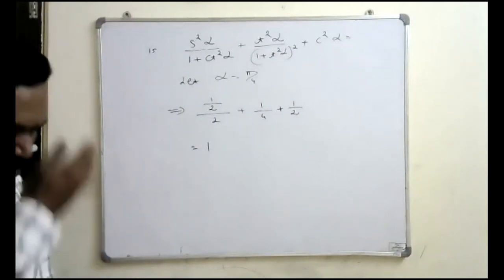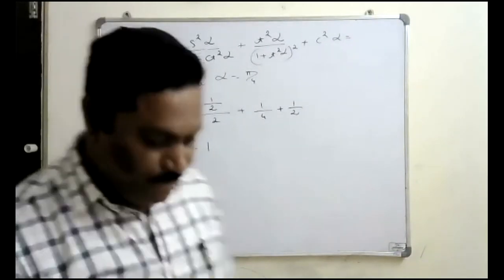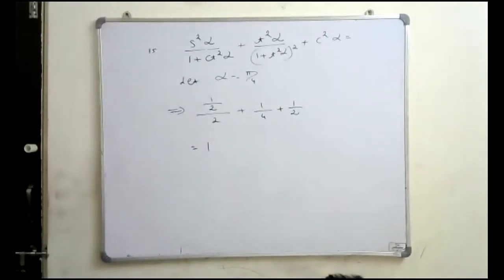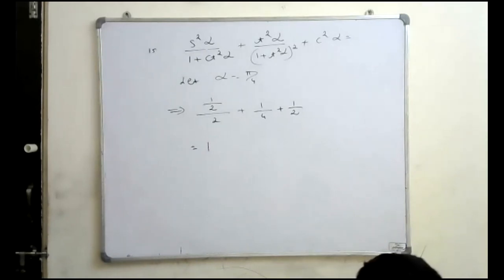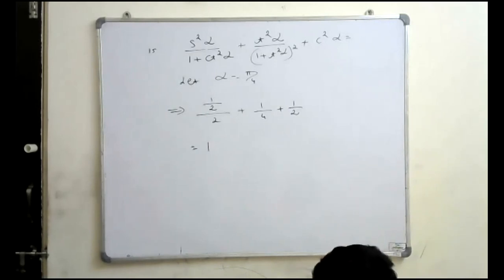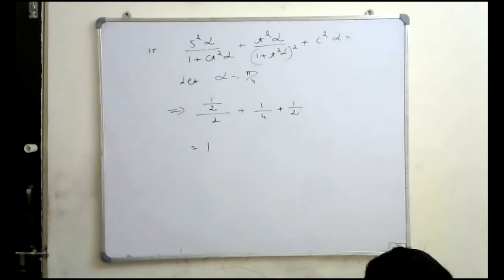Sir, we can also substitute 0 degree. Huh? You can substitute, but tan is not defined. 0 degree, sir. How do you calculate cot 0 then? Sir, sin 0 is 0. Then 0 upon anything is always 0. Okay, in this problem it is okay, but not always. In some questions we may get undefined. Okay, sir.